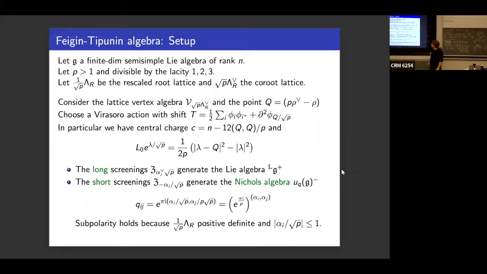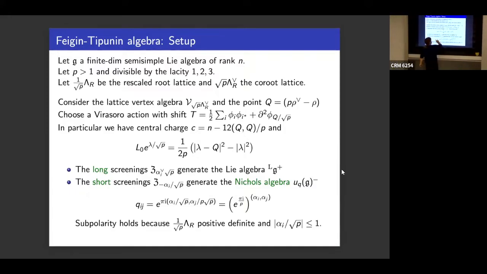So this is the general picture, and all of these things about why we have chosen them exactly as we've chosen them, because now these elements, if you plug them in, it's an easy calculation to see that the conformal dimensions, the L0 eigenvalue, of these elements is 1 and of these elements is 1. So somehow this Q is the only Q that has exactly this effect that the L0 of this is 1 and L0 of this is 1, and this is chosen in a way that it's exactly this. So that's how you get to all these choices.